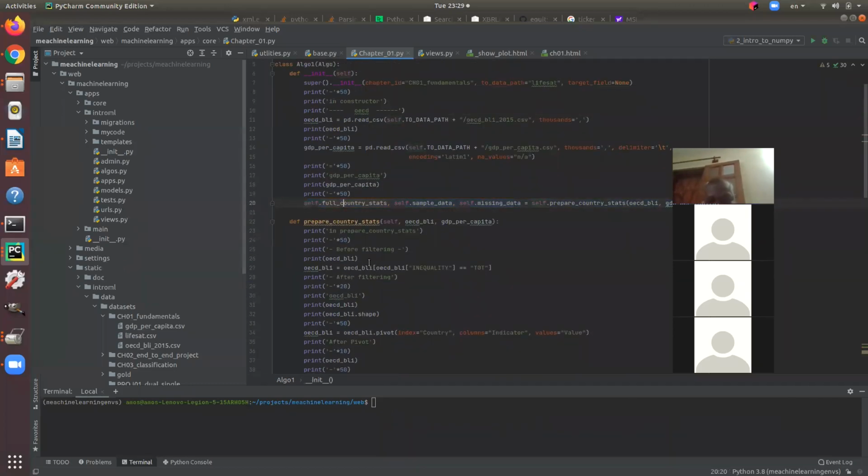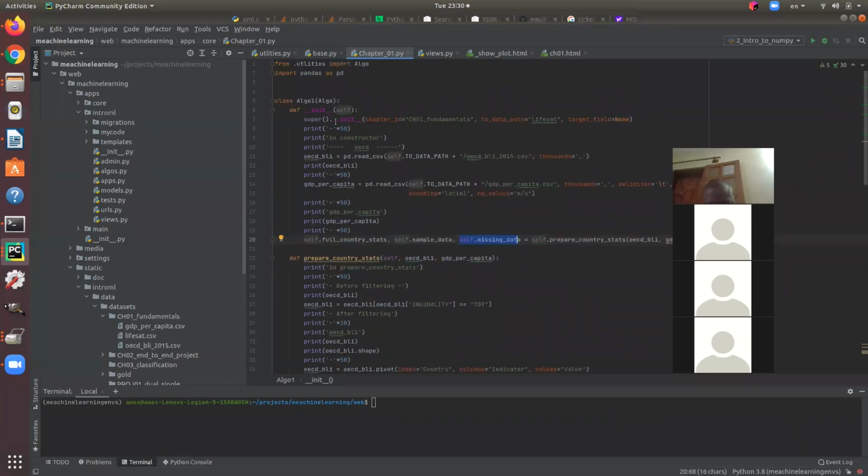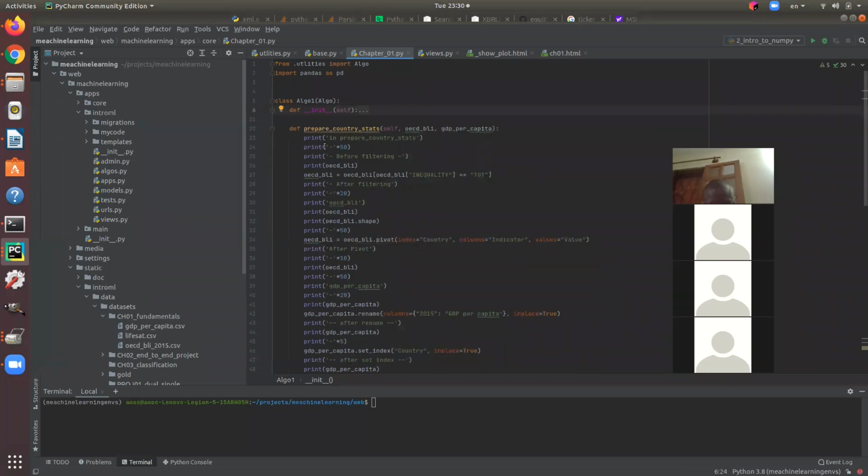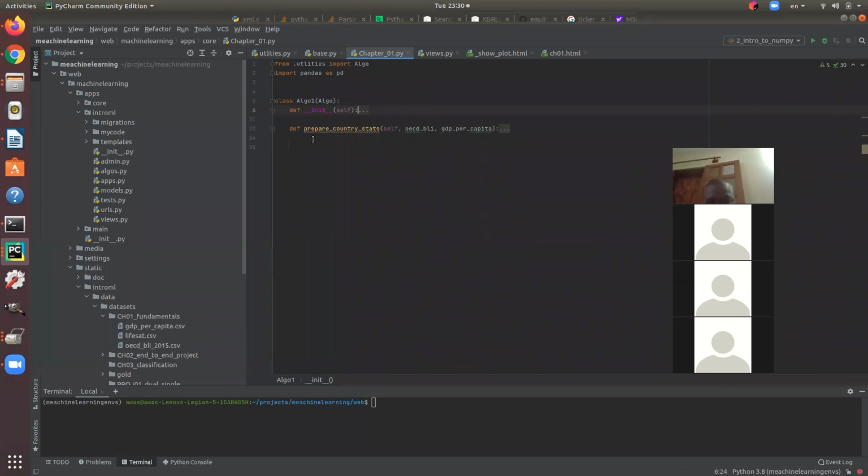One is the full, one is the sample. Sample means the one that doesn't have the missing ones, and some data that is missing, okay? So far, so good. That's what we did last time. Now I have 3 data sets, and that's what we do when we create the object. And this one, what we used. Then when we go to the